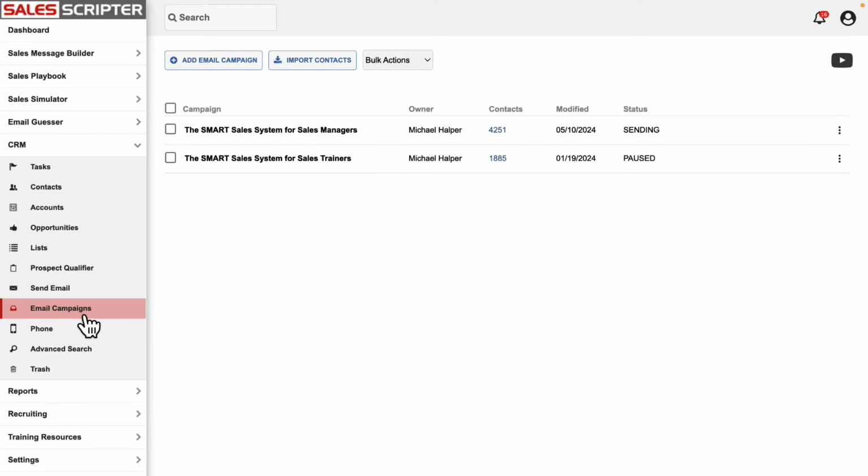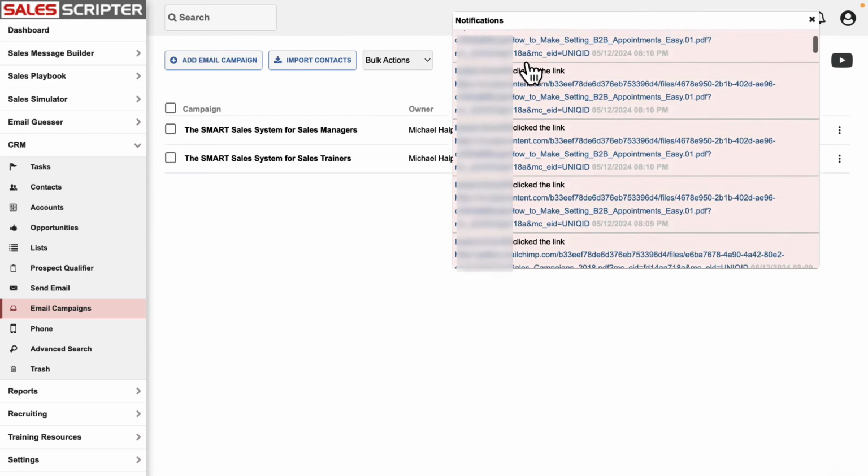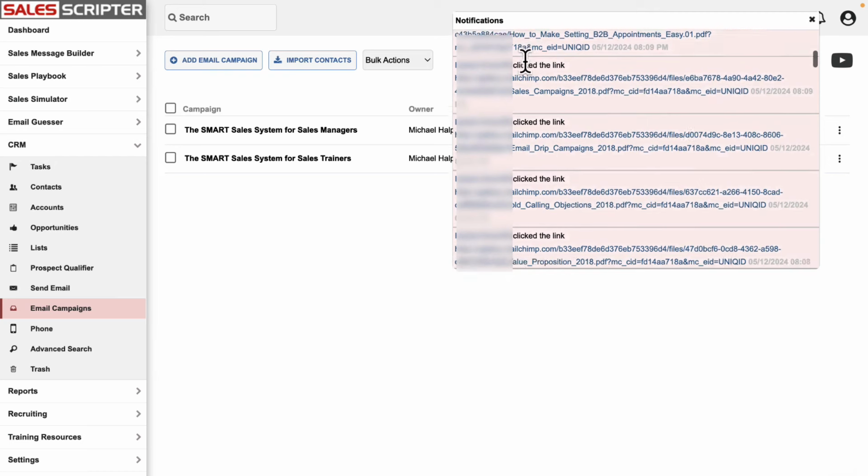Now, one thing that you might want to look for with your email automation software is to make sure that your software will track who's opening your emails and who's clicking on links. And SalesScripter does that. I'll just show you here, like here's this bell notification at the top, and you can see here that we're being notified of these contacts who open different emails, and we're notified of the links they